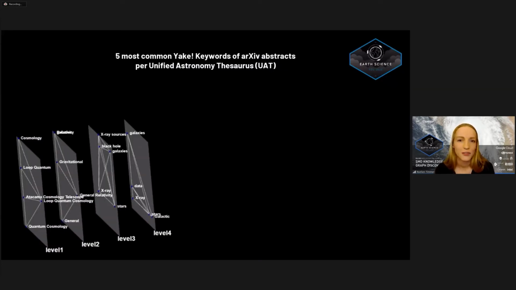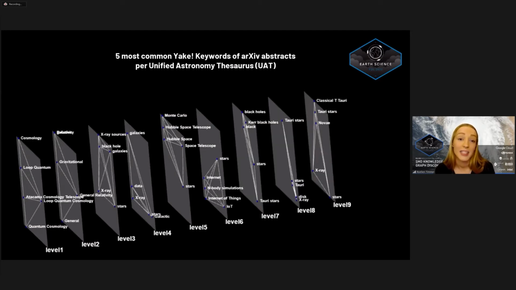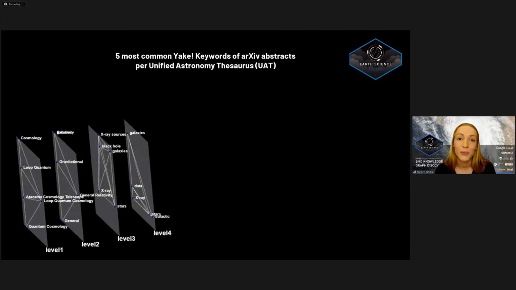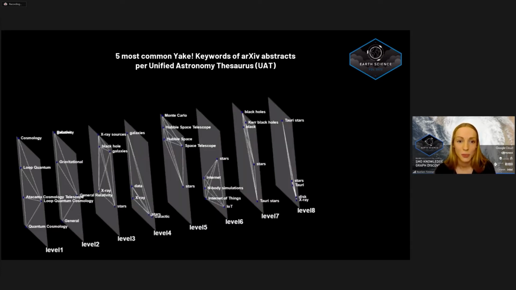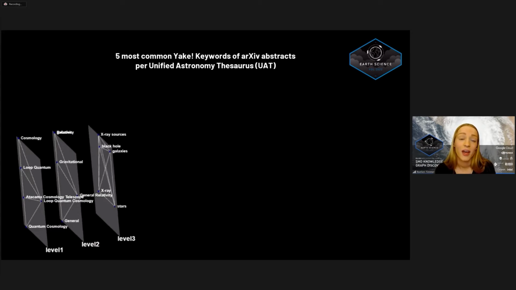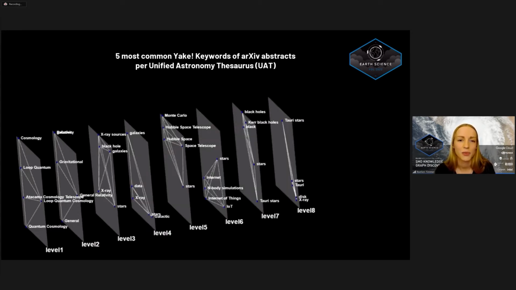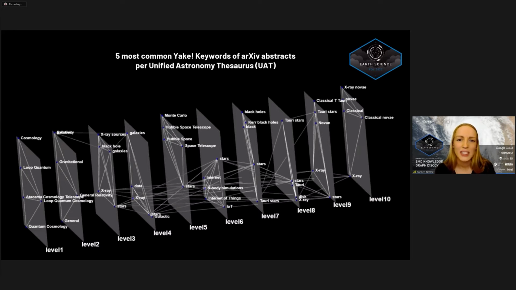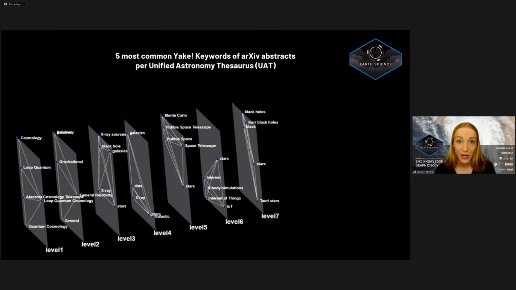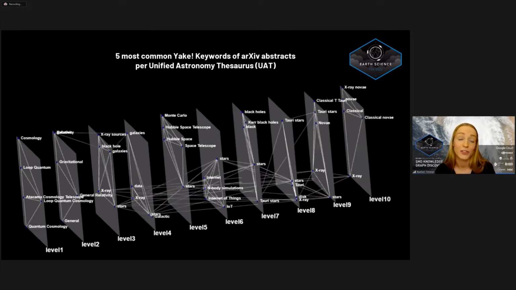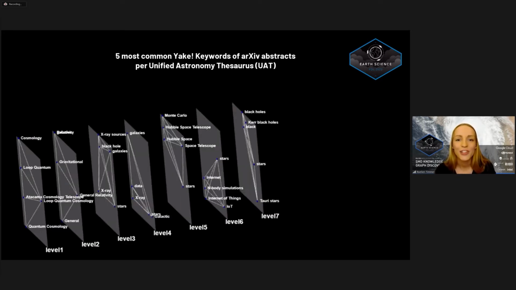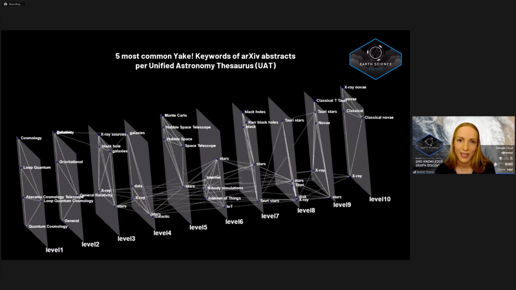Knowledge graphs can be very sophisticated, and we have been creating many different variations and looking at them from different perspectives. On this slide, you can see a multi-layer knowledge graph where each level corresponds to a level of the UAT. We are visualizing the top 5 keywords of all the archive extracts per level. We created links between the different layers if there are overlapping terms. In short, during FDL, we have considered many different variations of knowledge graphs and experimented with different techniques. Now, Vexen will show you how our knowledge graph can help NASA and humanity.